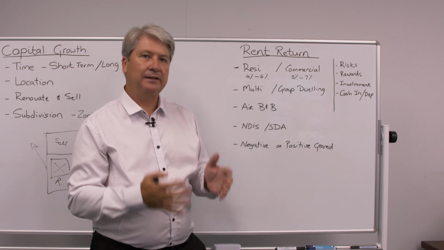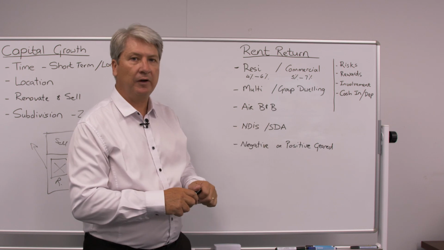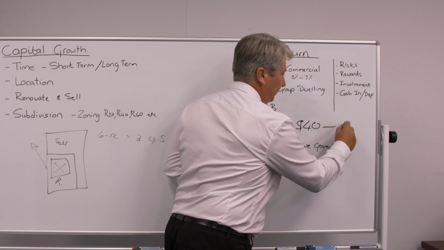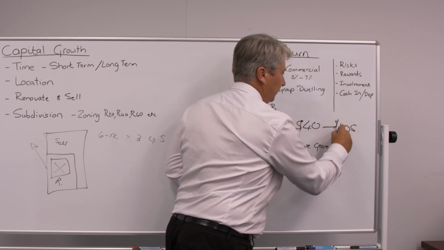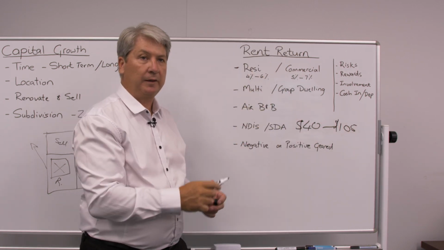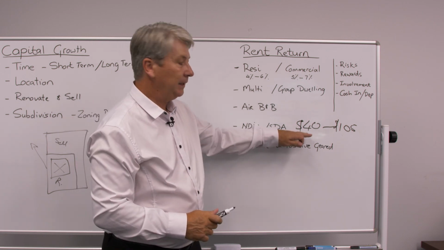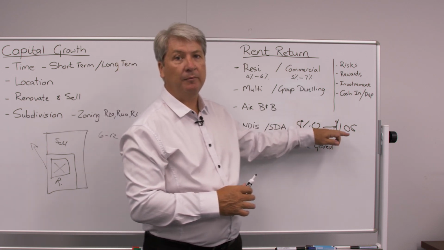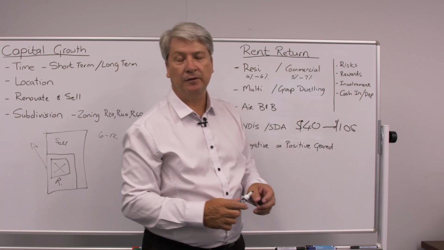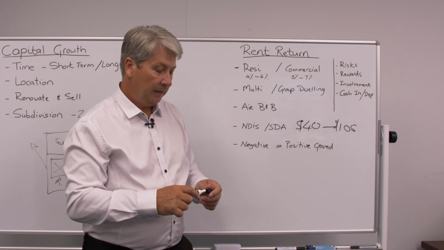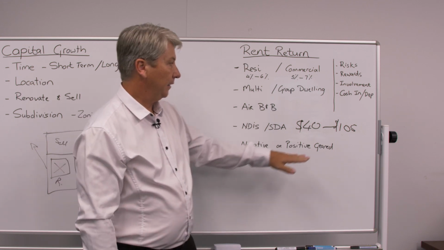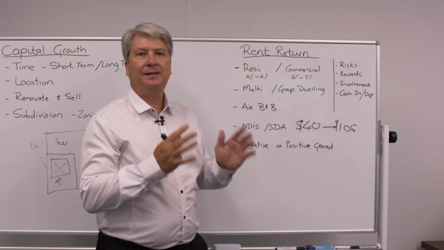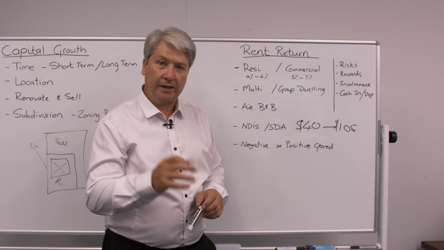And how did they do that? They've actually said that they will provide from $40,000 to $105,000 per person, or as they call them, participants, per year, depending on their need. If it is low care, it's 40, but it can go up to high care, which is $105,000 a year rental income. Now imagine you've got a property that can house 2 high care participants. It means $210,000 a year of rent.